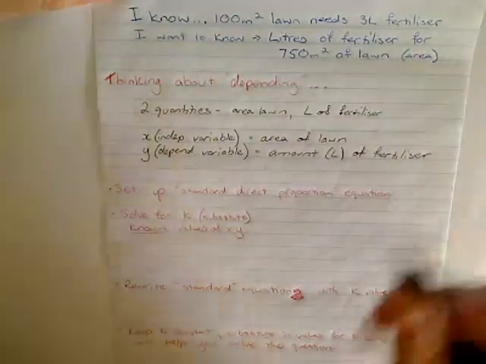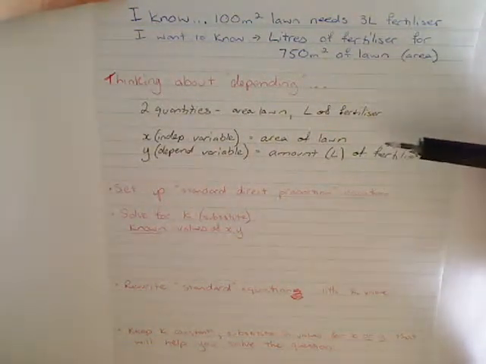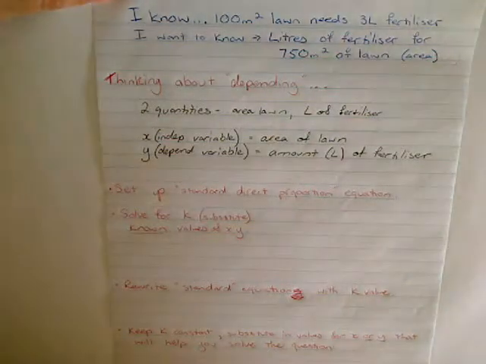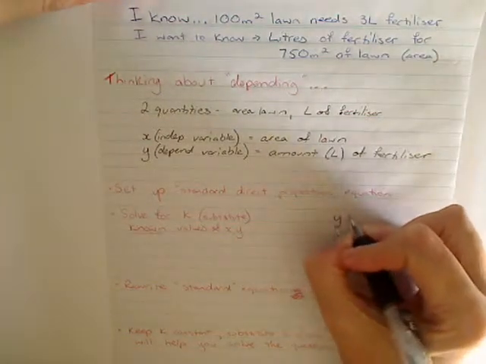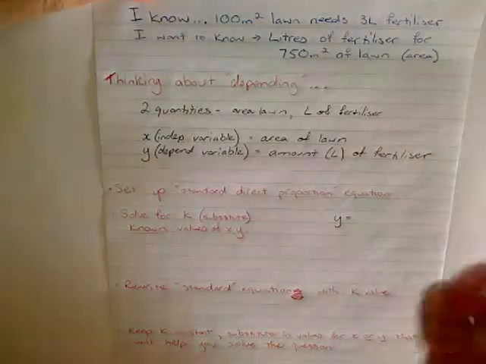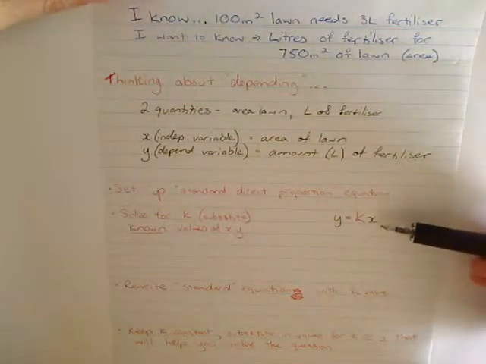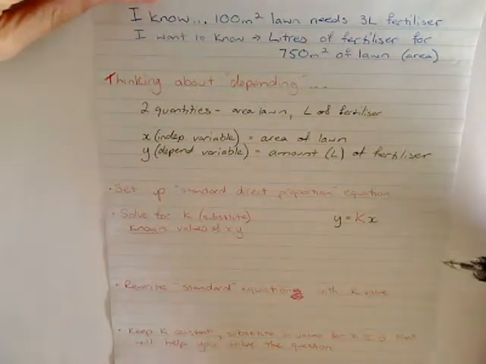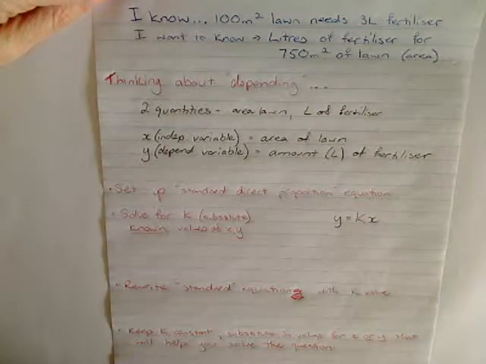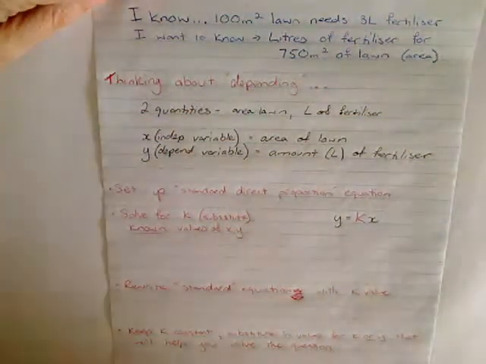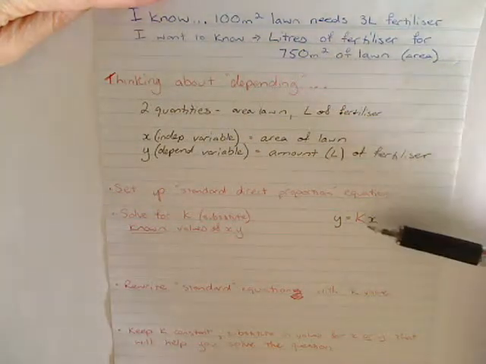Now you must be very clear which is which before you go setting up anything, or you'll get very confused. So be very clear about which is the independent and which is the dependent variable, because we always use the same equation. y equals kx. This is the standard equation that you can set up whenever you've spotted a direct proportion situation. And if you watch the video on the unitary method, I'll talk about how we know this is direct proportion. So your first job before you can solve for x or y is to get a value for that k